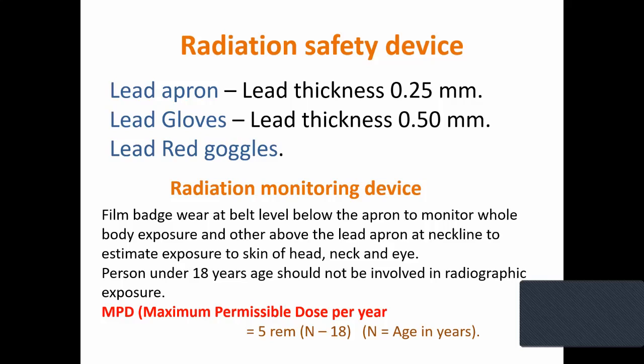Next is the radiation monitoring devices. There are certain devices through which we can monitor how much exposure one can get during a specific period of time. So there are film badges worn at the level of the belt below the apron to monitor the whole body exposure, and one above the lead apron at the neckline to estimate the exposure of the skin of